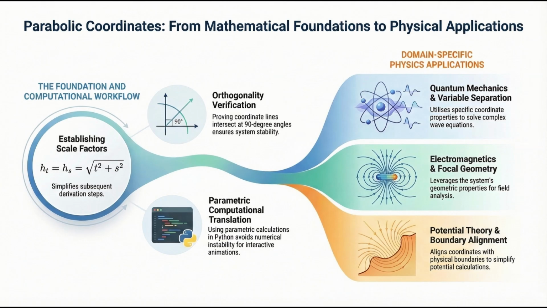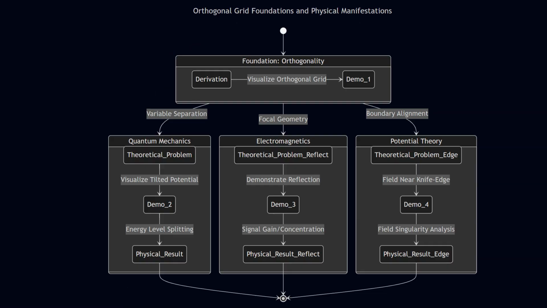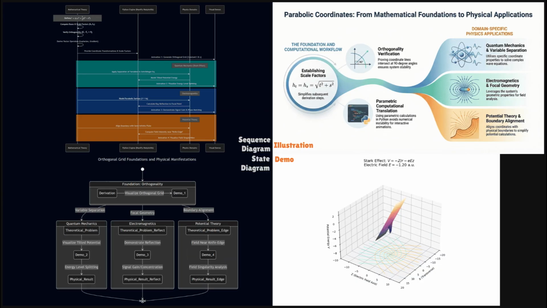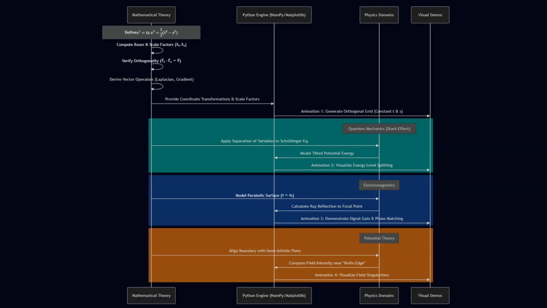The sequence diagram. Mapping the workflow. The sequence diagram illustrates the logical flow that begins with the specific steps outlined in the derivation sheet. From theory to engine, the diagram shows that the first step involves taking the abstract definitions from the derivation sheet, such as how the coordinate lines are related and how the scale factors are calculated, and feeding them into a